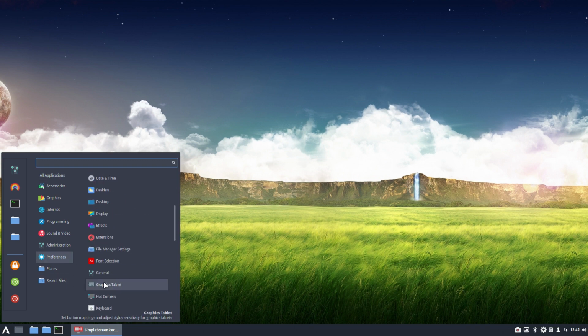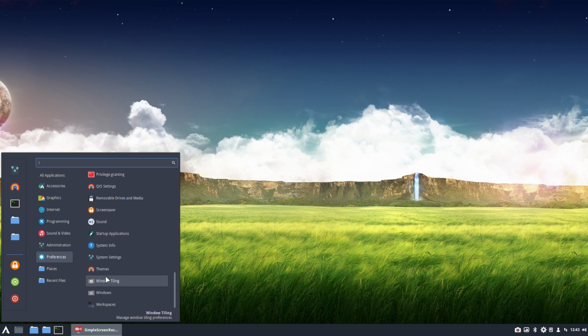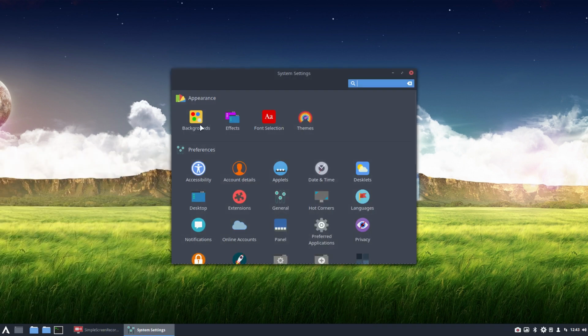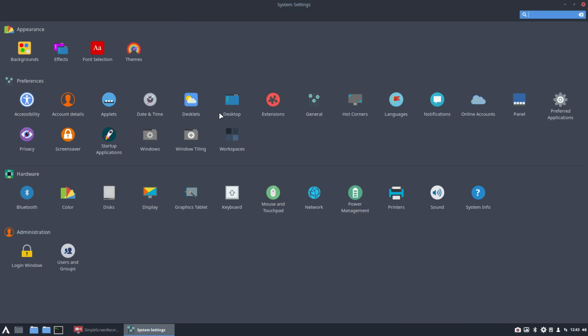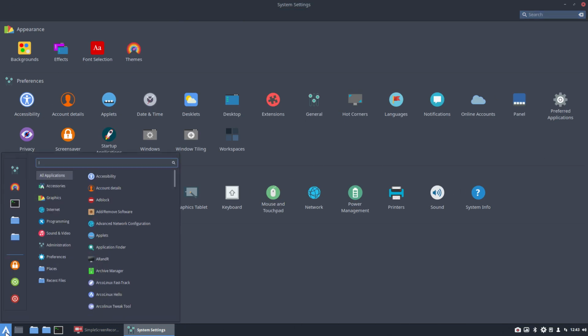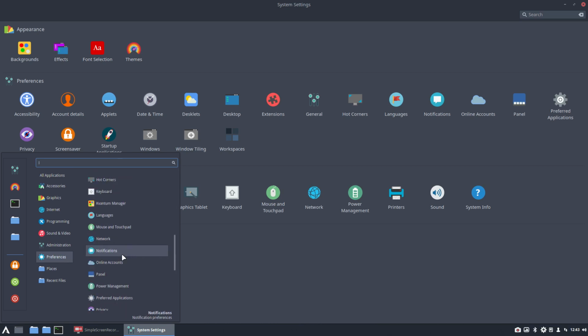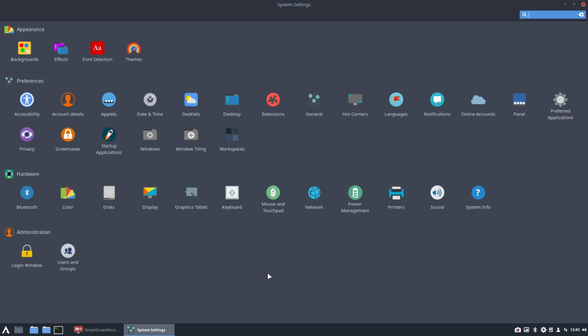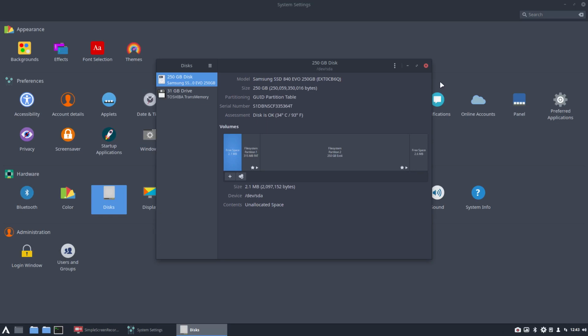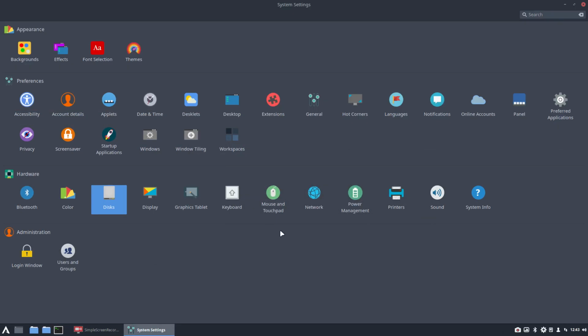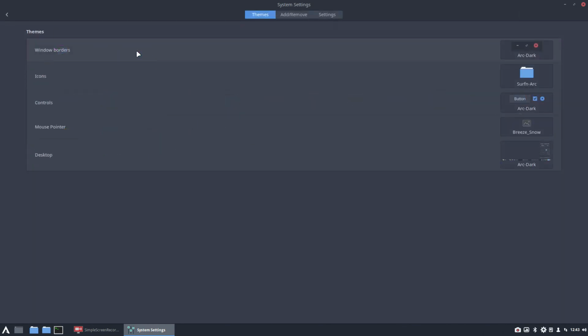So a lot of preferences. These guys are actually coming from Cinnamon, and the simplest way to show that is this button. So these are the system settings, and every button here has an item there. So preferences, you can find them here. Notifications, network, all of them are available here as well. And there are some extras, I think. I think this is one from us, a choice that we've put in there. And that's it. All the rest is standard Cinnamon stuff. So themes are in here. Maybe worth mentioning that we've